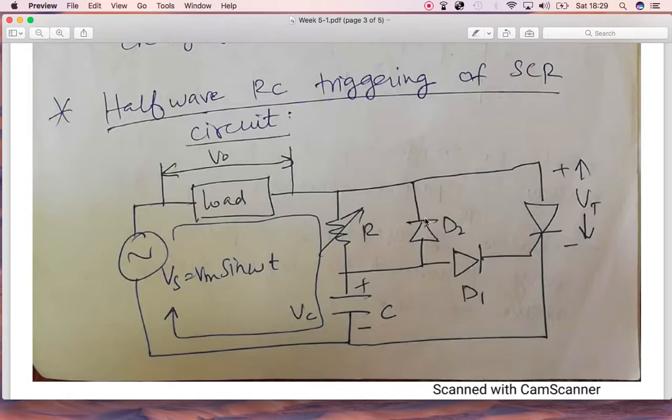The current will not go over here because it is a reverse bias diode, and it will not pass over here because it is an off SCR. It will flow from here to here and to here, and then through this resistance and the capacitor, and then discharge over here. So the capacitor will be charged with positive over here, negative over here, and after charging completely, it will discharge, not here, but over here.